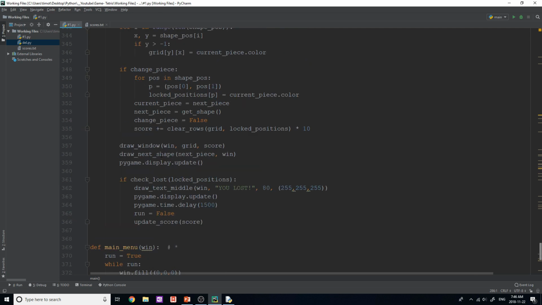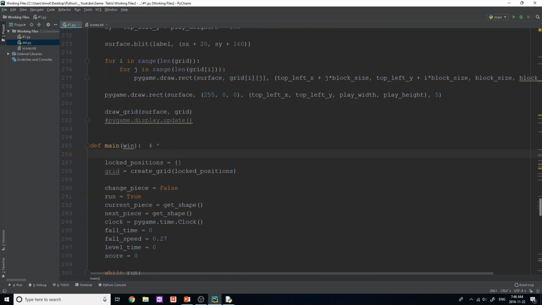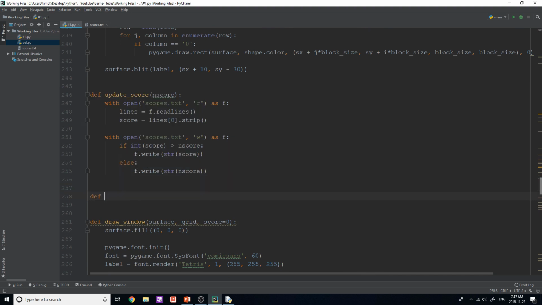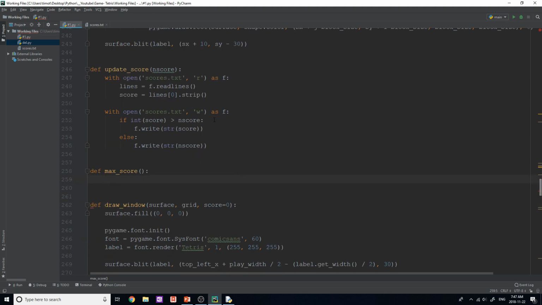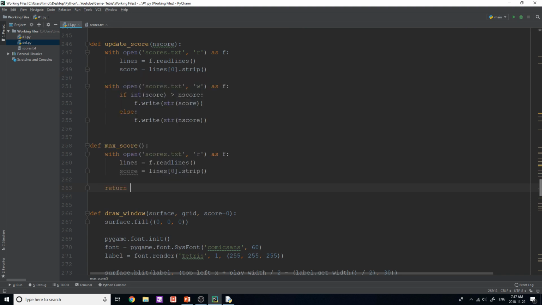If I want to draw it on the left side of the screen, we're going to have to first get this max score. So I'm going to make a new function called define max score, or last score, whatever you want to call it. And in max score, we're just going to do the exact same thing we did here. So we can say with open scores.txt, score 0 equals line 0.strip, except this time we're going to return